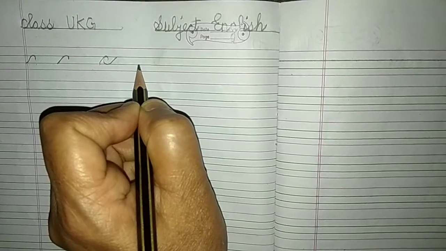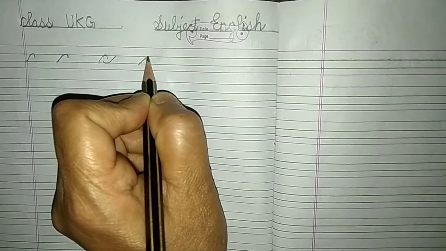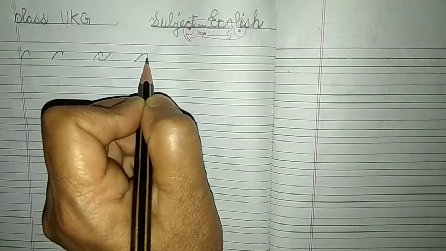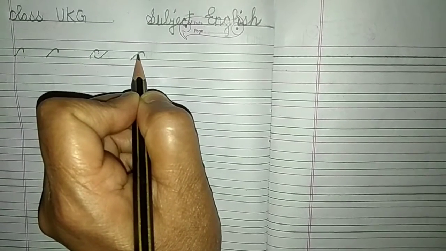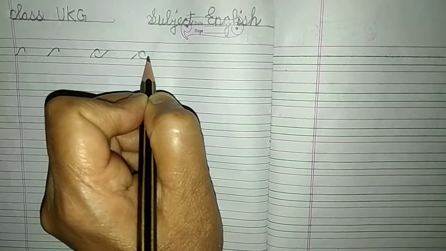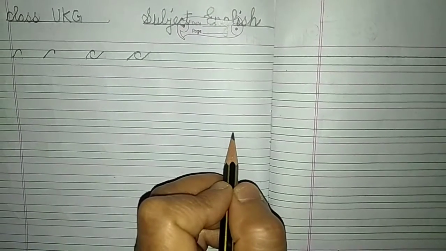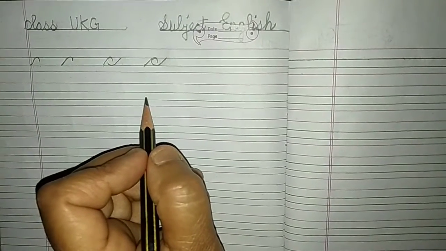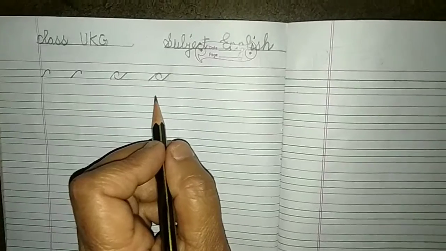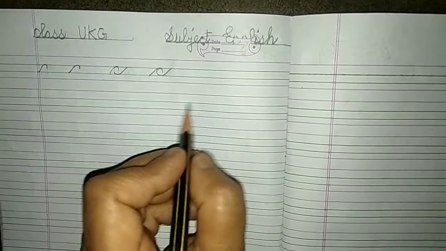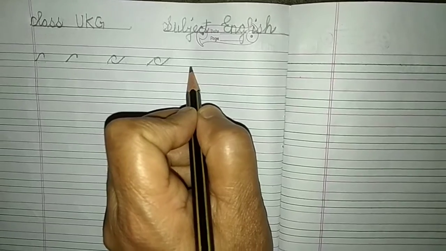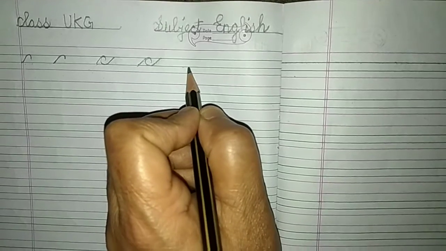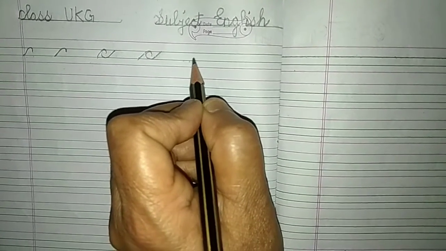Again look here. Make a slanting line from the first blue line, come down just a little bit, then again go back, make a curve and come up. This is small c. I am not teaching you small cursive a first, because you have to practice it stroke-wise. तो देखो, पहले how I have written here individually. Now you have to practice it by joining the letters.